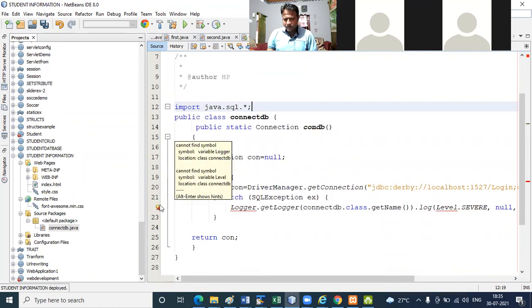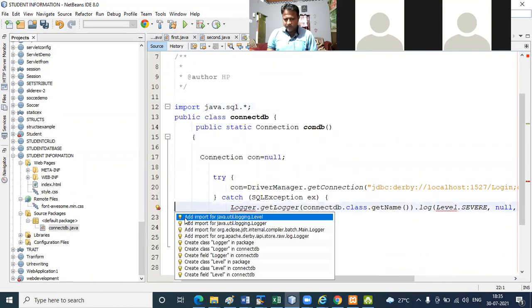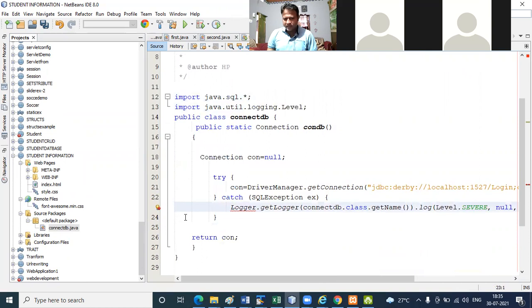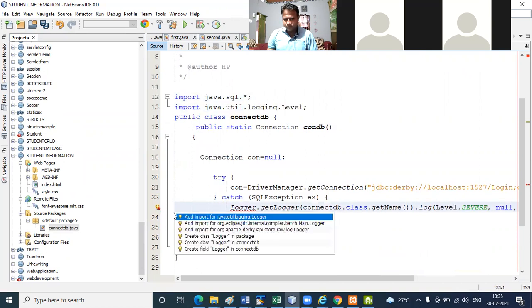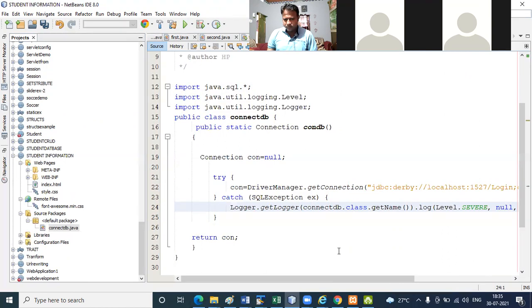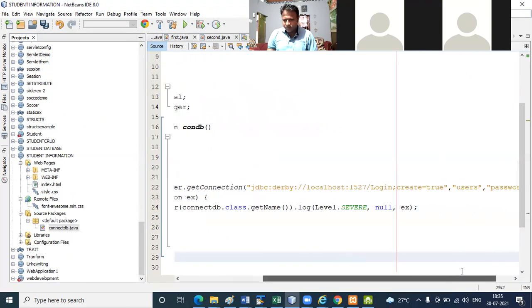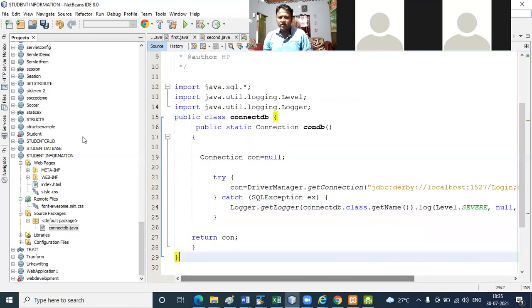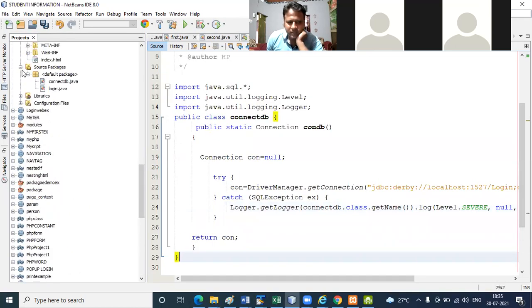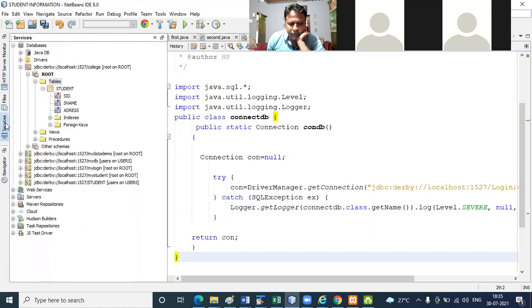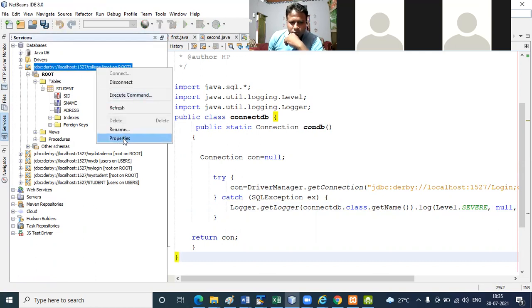Okay, then here I add some package for exception handling. Then I pass the driver name. So what is the driver name here? Driver name is the driver file we get from here. This is our driver. So you go to the property.